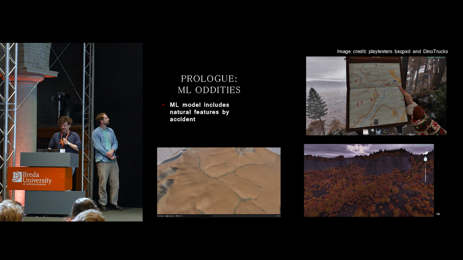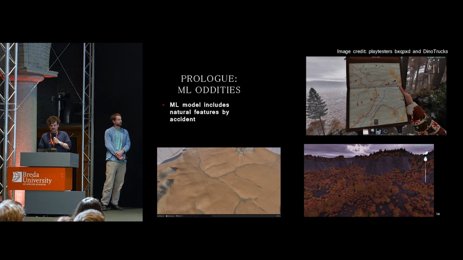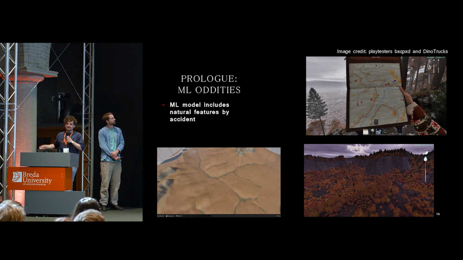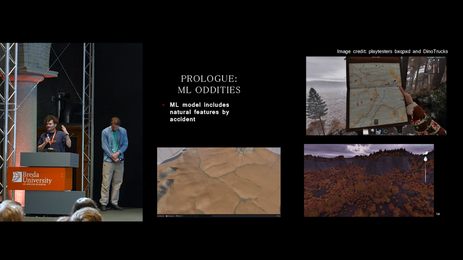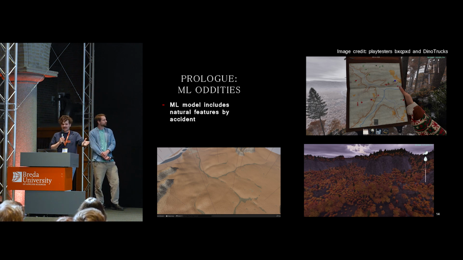But because it's actually done with real-world data, it has real drainage networks in it. So we were finding that once we had a big main river going through a Prolog map, there were these sub-rivers that the ML model was just trying to include. It knew, oh, a river this big should have a sub-river, have tributaries going into it.